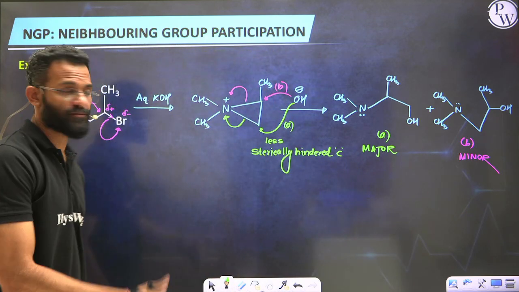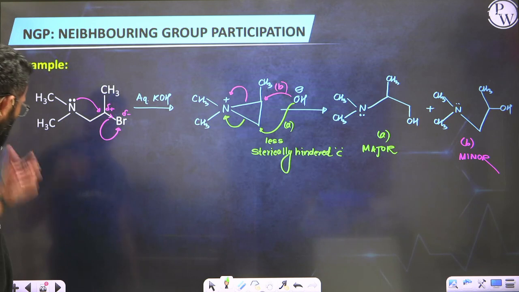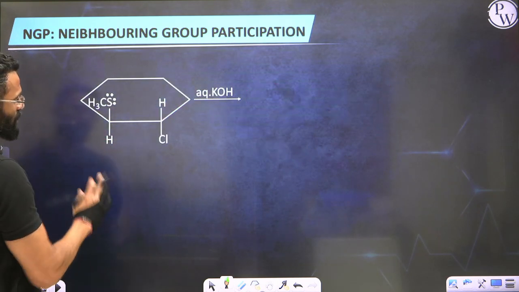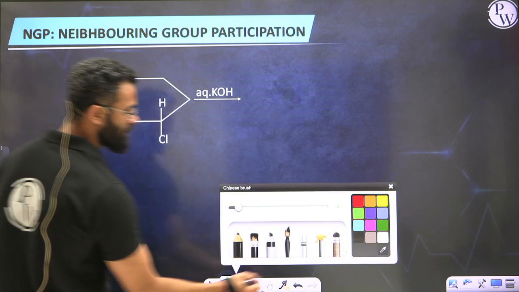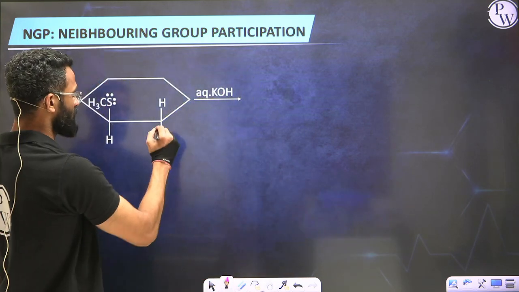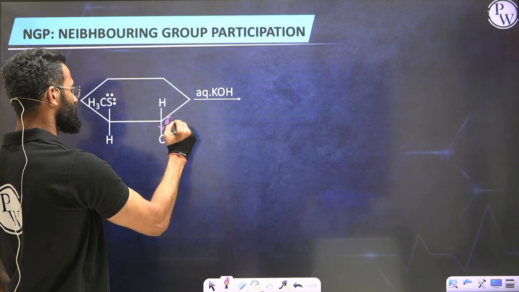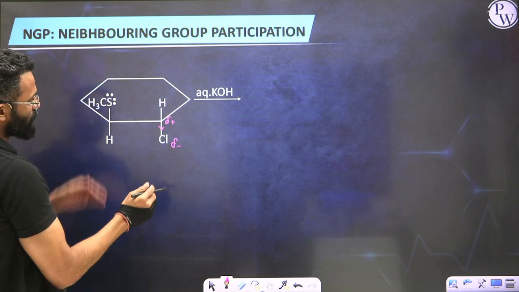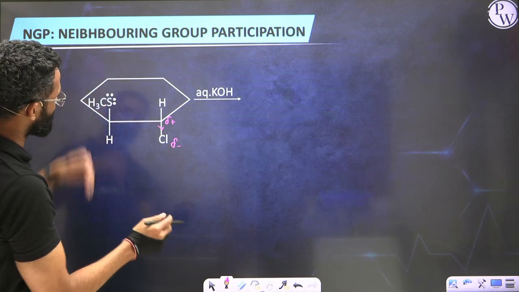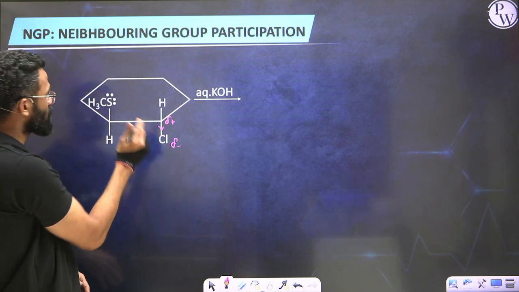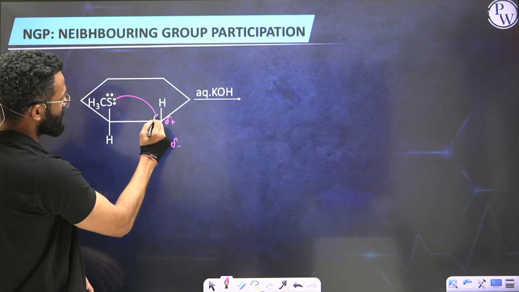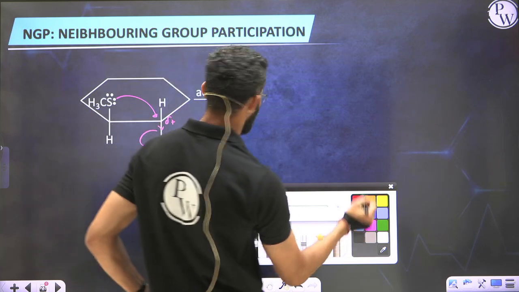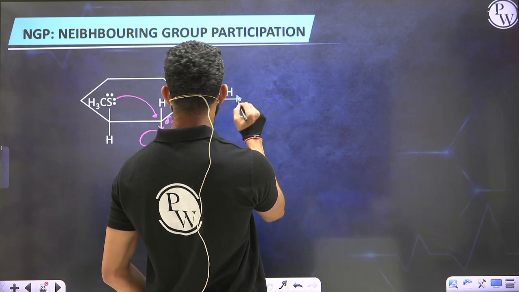Alright guys, so this is one of the examples of, you can say, NGP. One more cyclic example you can see here. So there is some cyclic molecule, the carbon carrying the leaving group here is a chlorine. So we have got delta plus, chlorine carrying delta minus, and chlorine is pointing below the plane, sulfur is above the plane. So definitely this is anti to the leaving group. So the lone pair of sulfur can attack here and chlorine will leave. As a result, the intermediate that we would be getting is